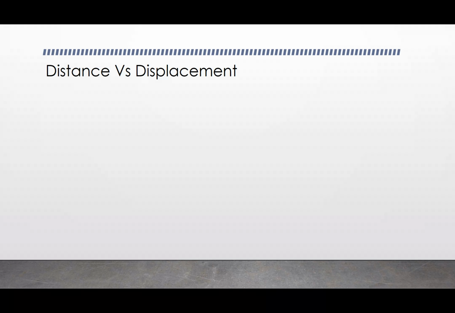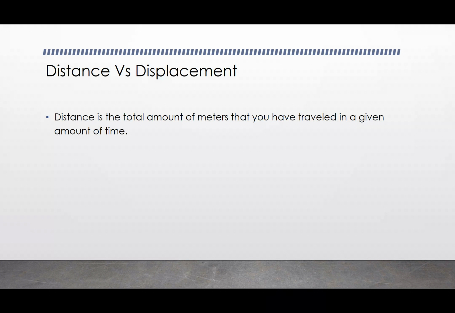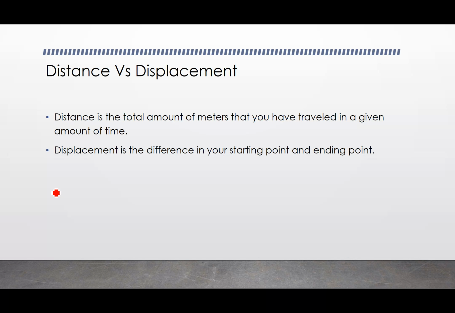First, we have to talk about distance versus displacement. There's a big difference between the two. Distance is the amount of meters that you have traveled in a given amount of time. Your displacement is the difference in your starting point and your ending point. So let's say we start here. Here we have an initial of 0, and we go all the way out to 10, but then we come back to 5. So here, our distance